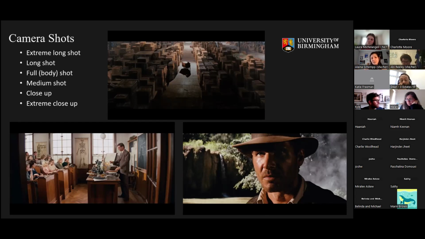So, you know, I'm not telling anybody that they should be standing on parking garages to get films, but that would be one way that you could do an extreme long shot, is just to stand very, very far away from your subject and turn the camera on. Okay, can I have the next slide, please?